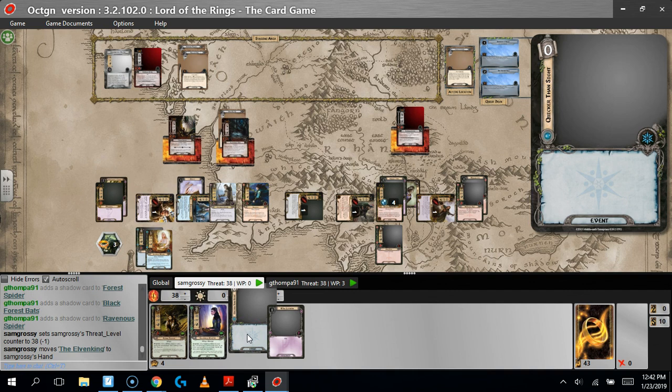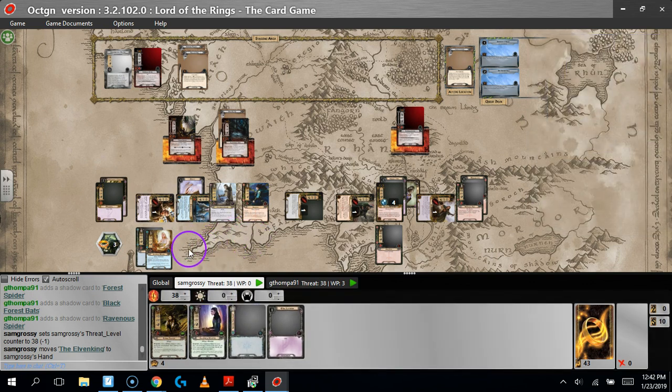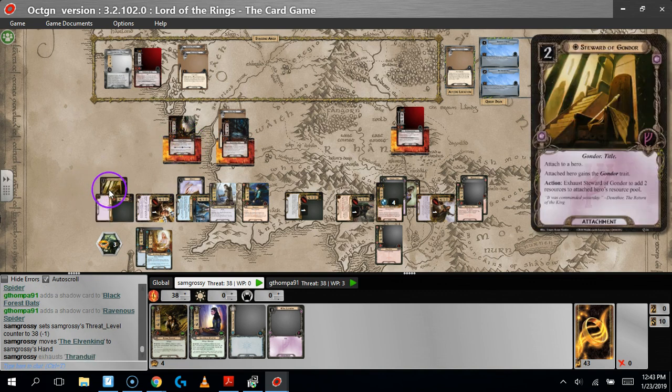Well, you can play Unseen Strike if I am quieter than Sight, sorry. Yeah, quicker than Strike. But I don't have any, I can't use Thranduil's ability. So, okay, how do you defend? Let's see. Each player must choose one character, remove the character from the quest. So, okay, I will take Thranduil,